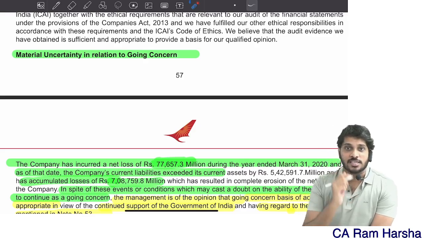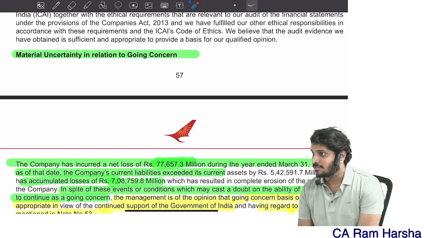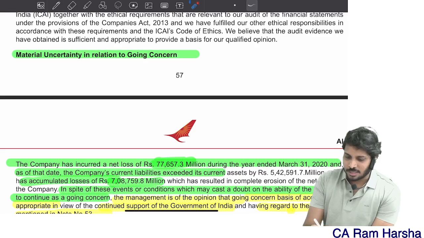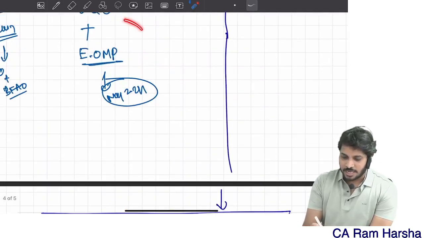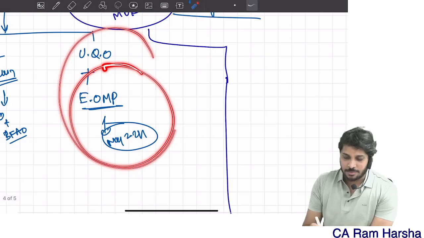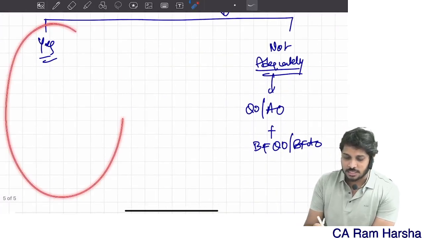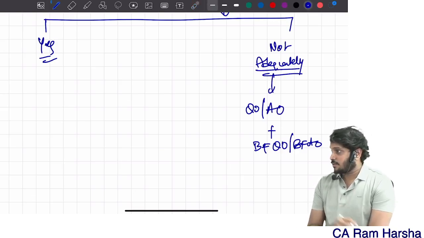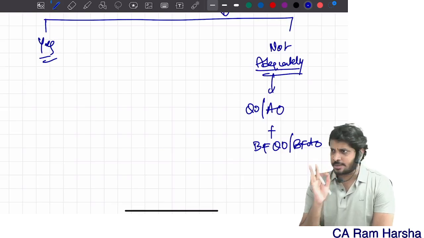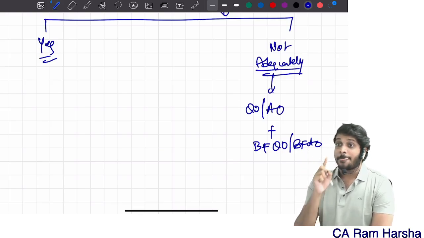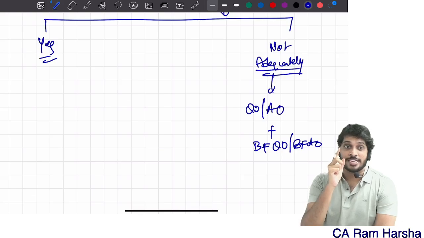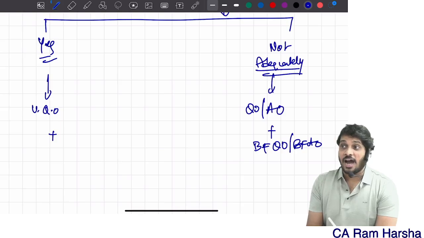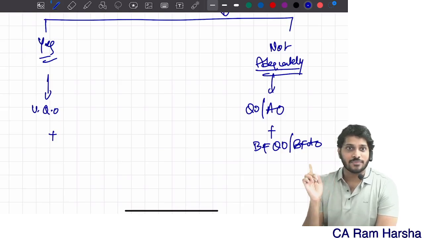Many students wrote this answer for the question which was asked there. May 24 attempt. You are getting the point? In the May 24 attempt, they asked this question, which is there in the pronouncement. But many students wrote this answer, which I am going to tell now. So, yes, if going concern is appropriate, material uncertainty is there, and yes, financial statements are adequately disclosing that, then which opinion will the auditor give? Unqualified opinion, and highlight that under, not emphasis,